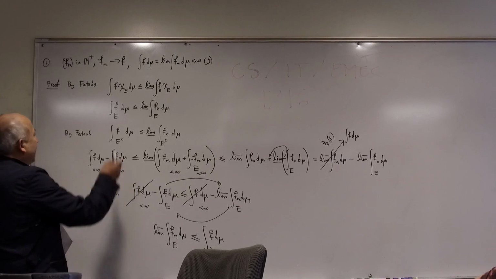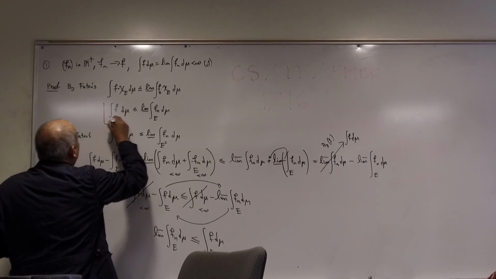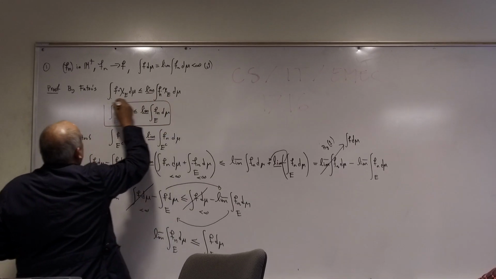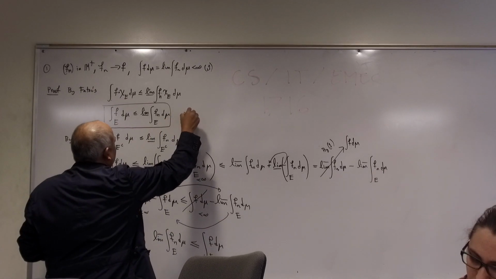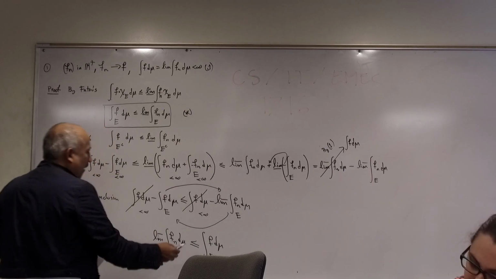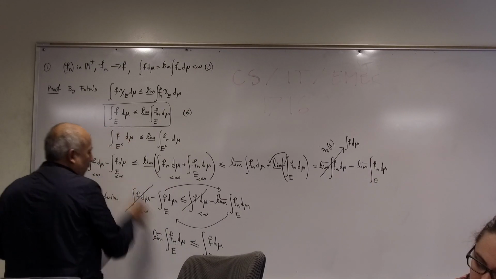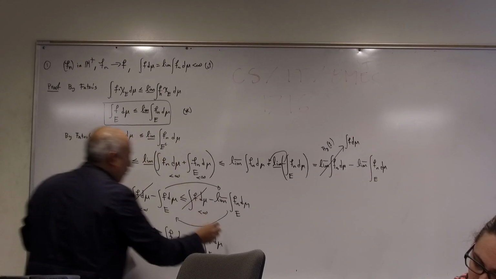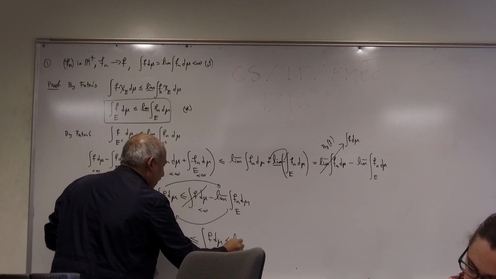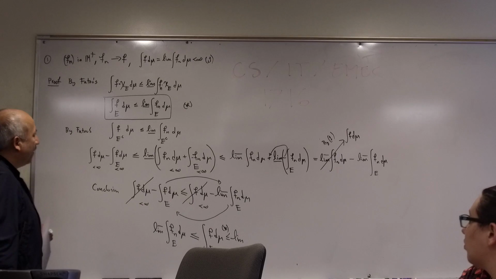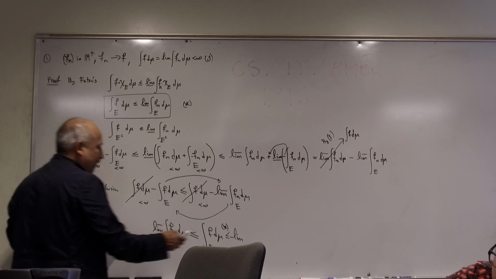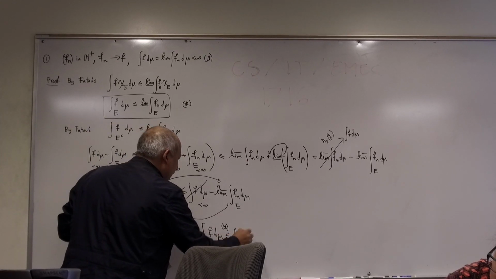So if you combine this box with this box, you get it. So let's call this star. So by star, the integral of f on E is less than or equal to the lim inf. This is by star. So when you combine this, you finish the problem. Just put these two things together and that's it. This is less than or equal to the lim inf,